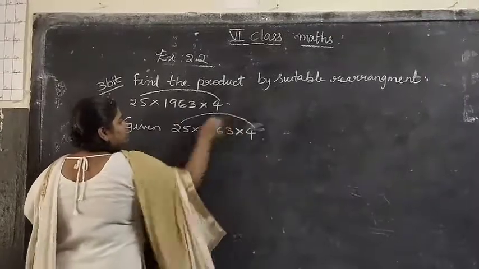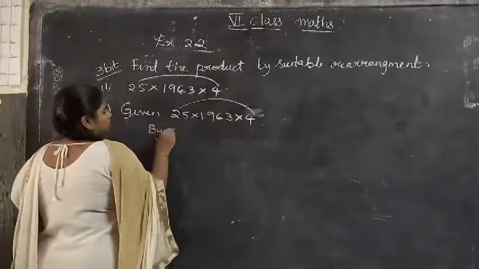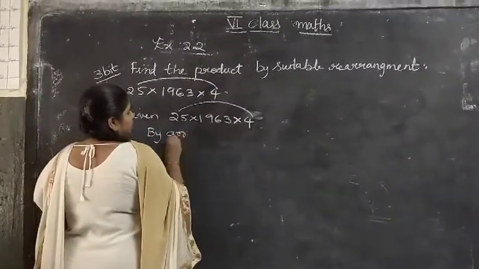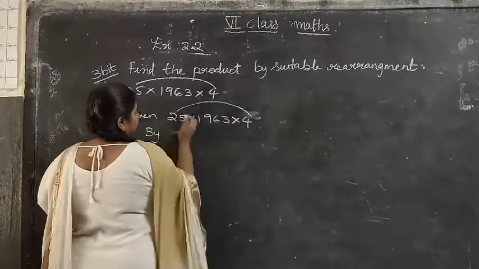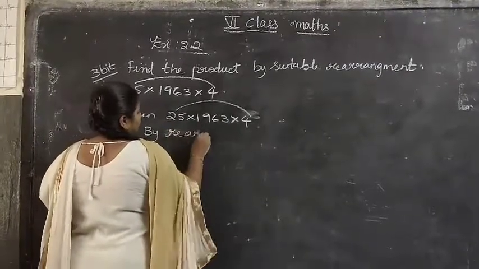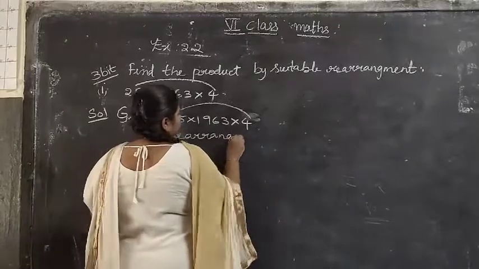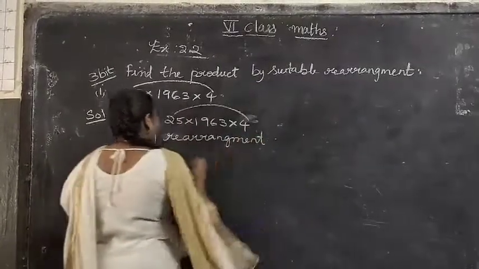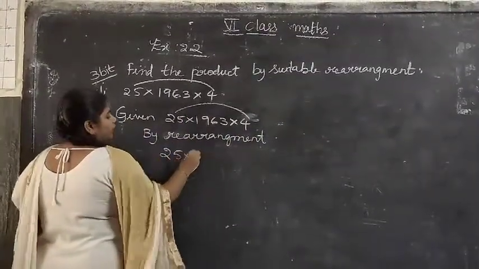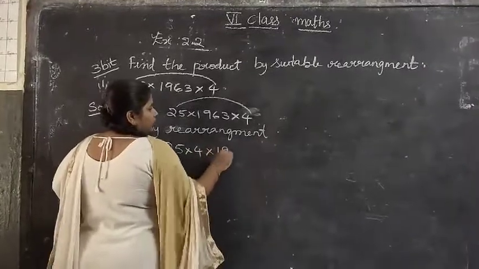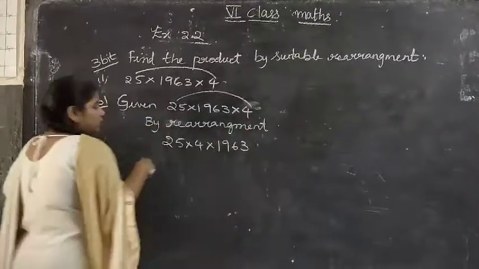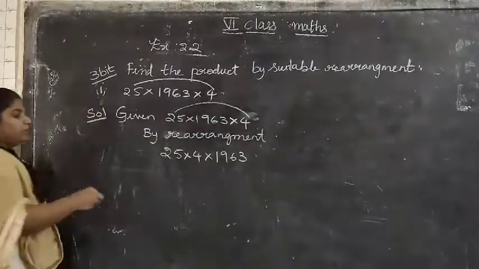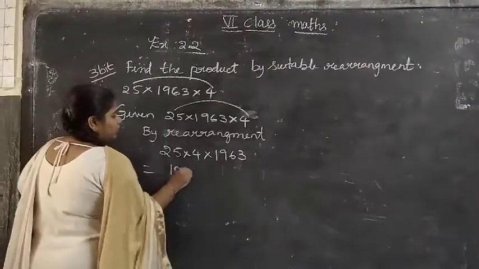Bring these two terms together now. That is 25 into 4 into 1963. So 25 fours are 100 into